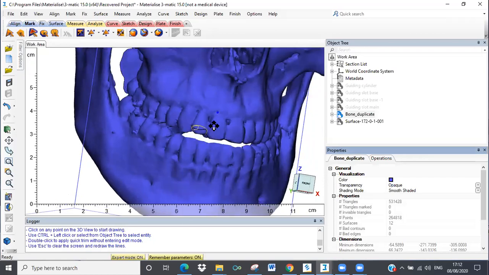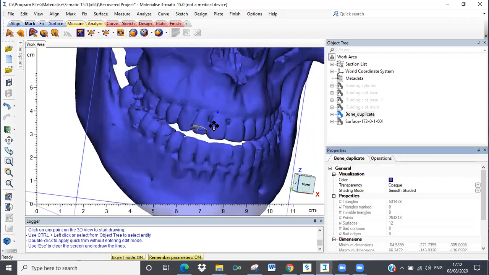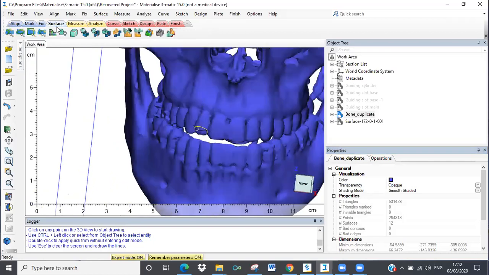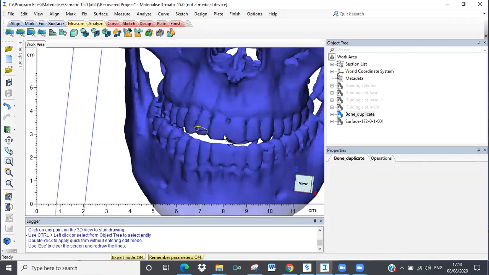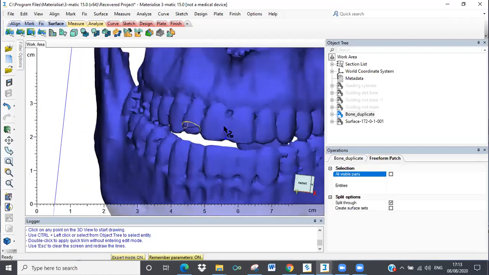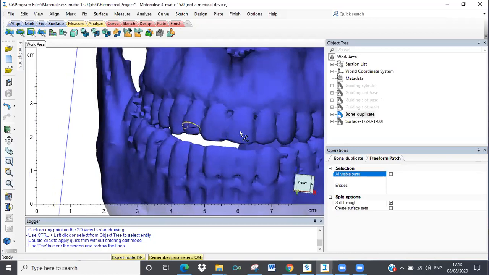Because right now, the reason for showing you two, three different types of surface creation methods was that with freeform patch and polyline patch, to get a proper smooth surface will take time. Because understanding the mouse movement and the curvature movement takes time, right? So you'll not be able to create a very smooth surface in the initial phases. For that time, you can use curves, wherein you can create nice smooth curves by marking points and going ahead.